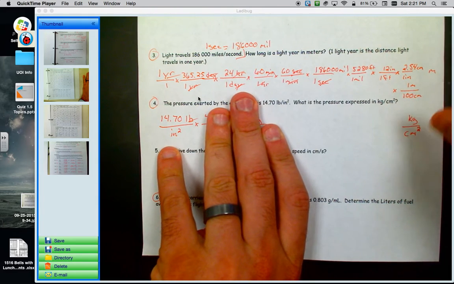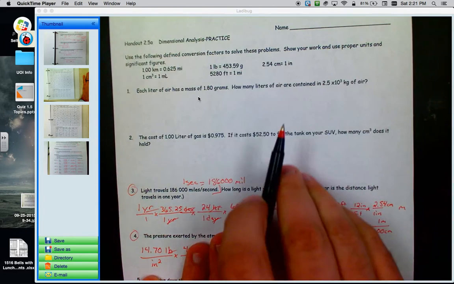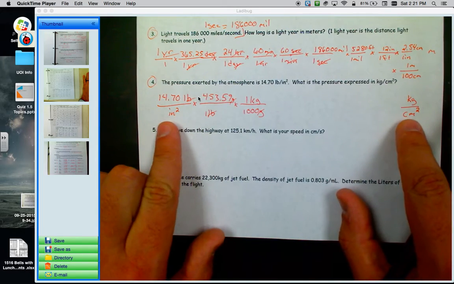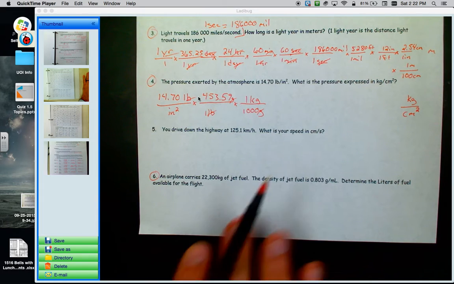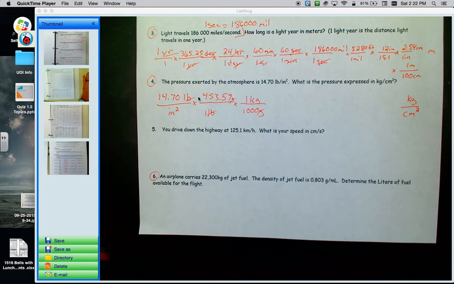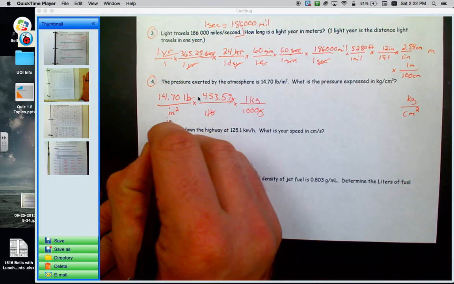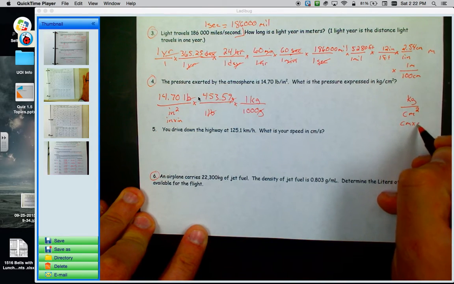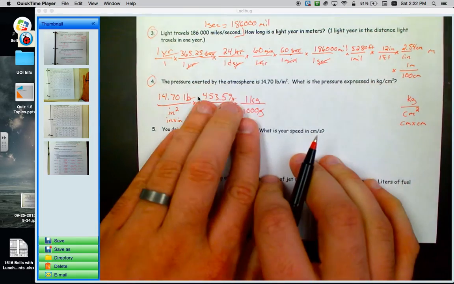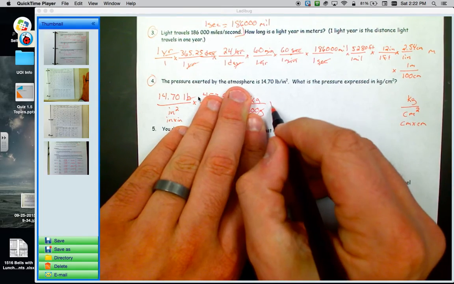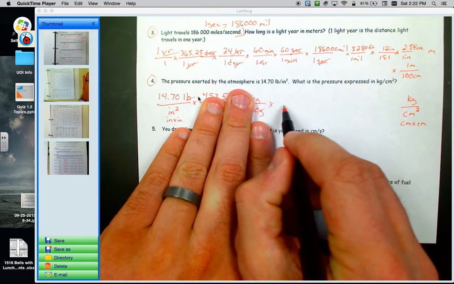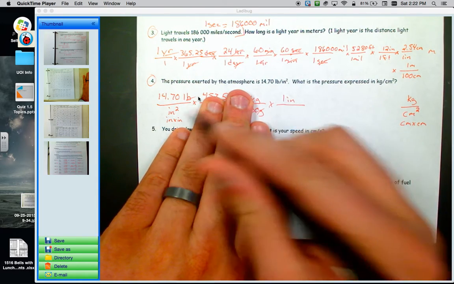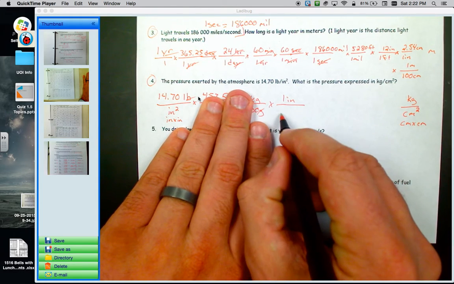Inches to centimeters. Now we know inches to centimeters here, but the problem is we're squared. Now area, if you're finding the area of a paper, it's length times width. So inches squared is really inches times inches, and centimeters squared is centimeters times centimeters. So if we set up that conversion factor that we got from up above, we have inches on the bottom right now. So in our next step, 1 inch on top, so that our inches cancel, they're across from each other,